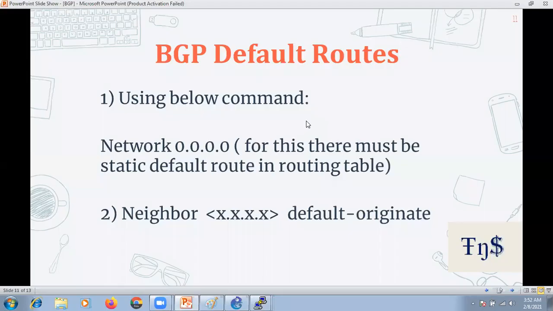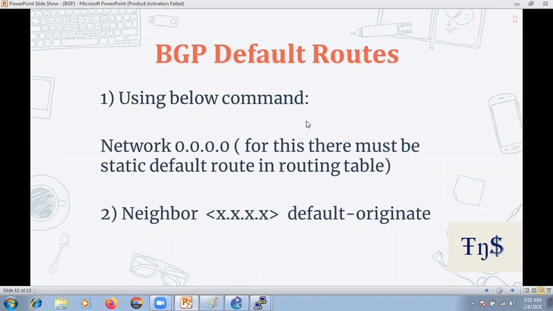So this is how we can inject the default route in BGP. There are only two methods. The first one is via the network statement. With the network statement, you can also use the distribute list to filter out the default route to any particular neighbor. The second one is the default originate command, which you need to use per neighbor, right?